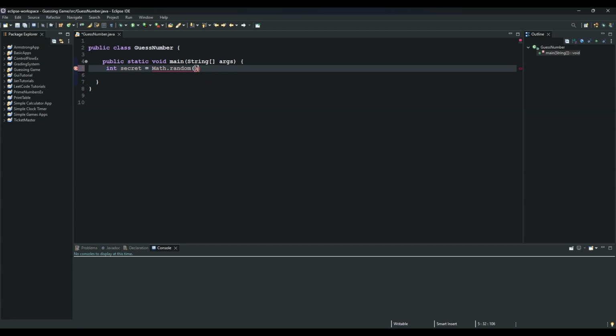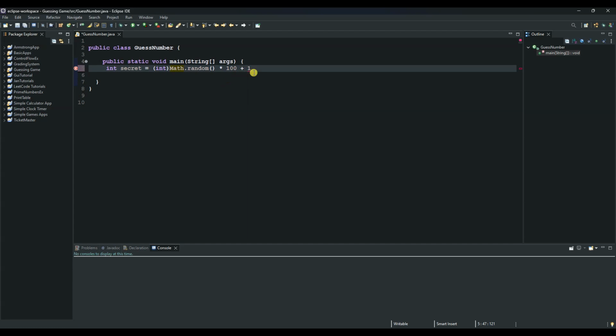So let's multiply this by 100 and add 1 in order to get a number between 1 and 100. And then also this will be a double, and our variable is of type int, so let's convert this as well into an integer. So we say int, and then